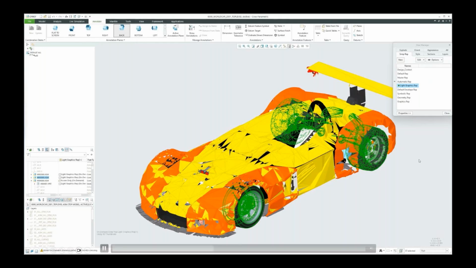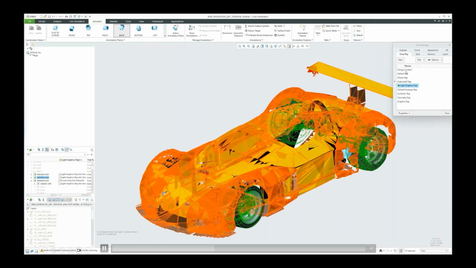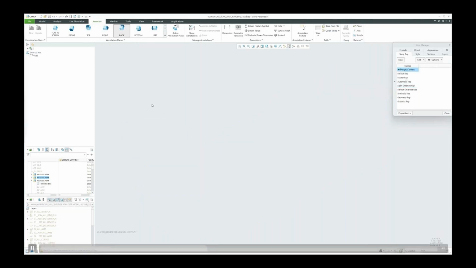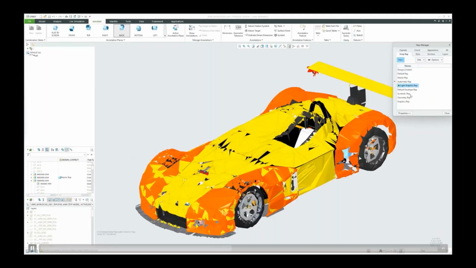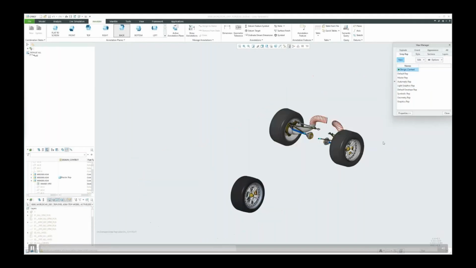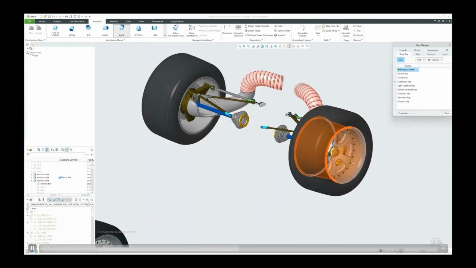So now switching back to my design context that I was creating, that selection is still active. I can now change the representation type of those selected components to master, and it's going to load that information into my system. I can then save that representation, and that means next time I open my model, I could choose that design context as a representation I want to open and work on. So I now have the design data available to me